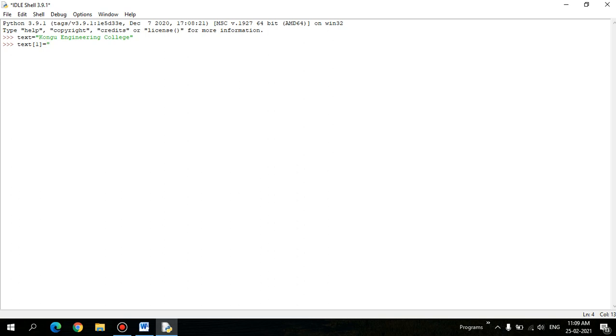Let's say I want to change it to any character, right? So we'll get an error: string object does not support item assignment. Because string is an immutable data type and you cannot change it. Once it is defined, it cannot be changed. That's why it is an immutable data type.